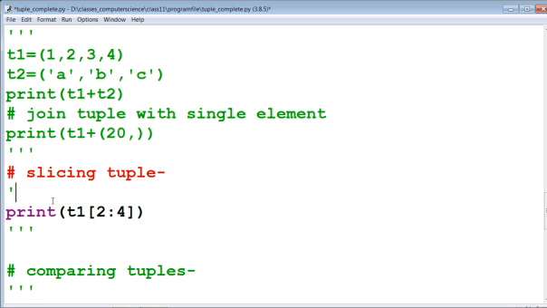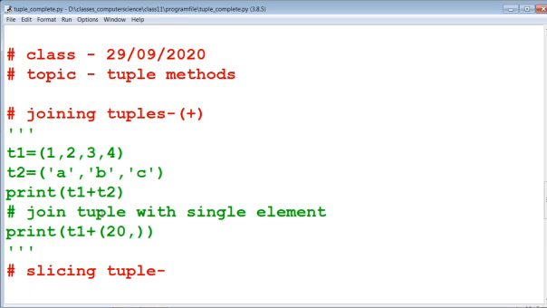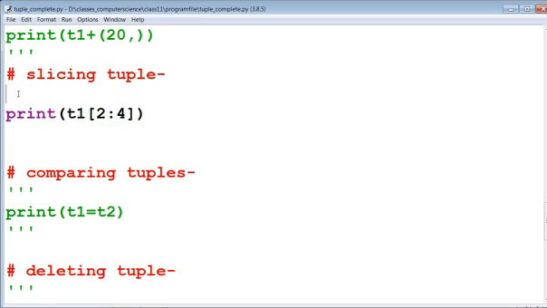Slicing a tuple is the same as slicing of a string or list. Indexing of tuple, we have already seen. Now we have printed t1. t1 equal to 1 2 3 4 and we are going to print the elements from 2 to 4, the range 2 to 4.